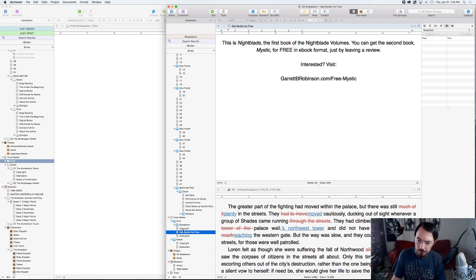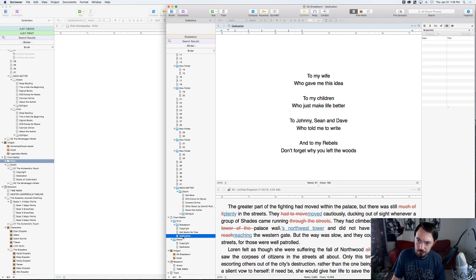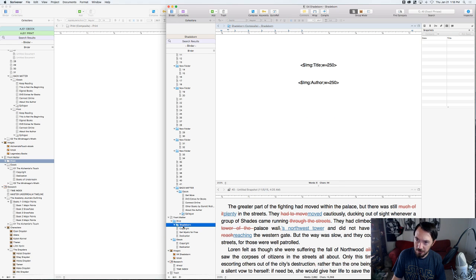Oh, that's weird. We don't actually want that. This is all very bizarre. I wonder why this is this way. It's not supposed to be. Oh, that's right. That's because I got into the habit of copying my front matter from other InDesign files, which